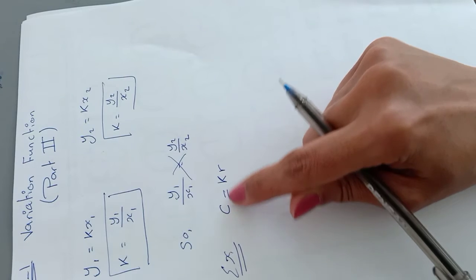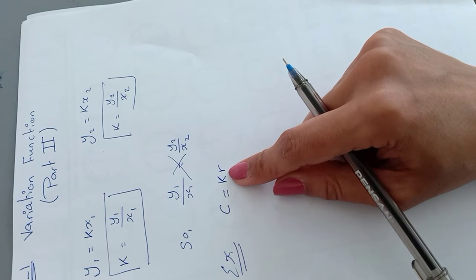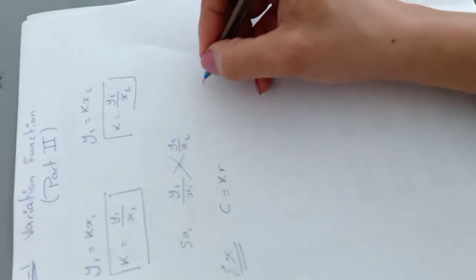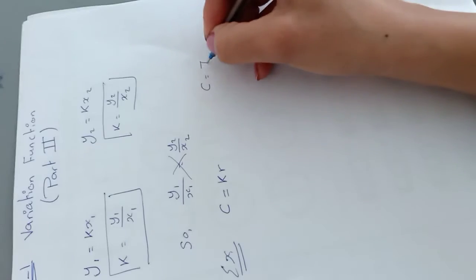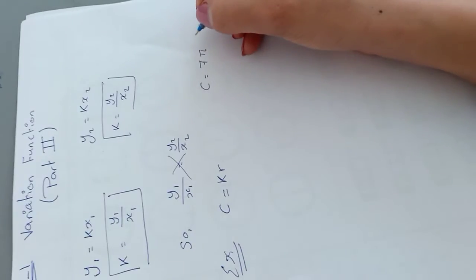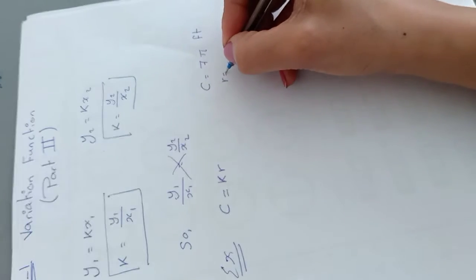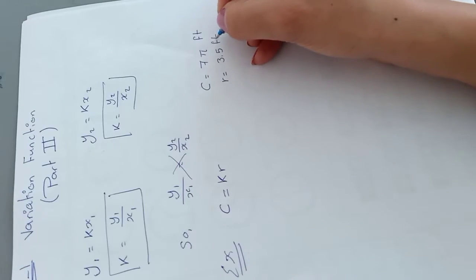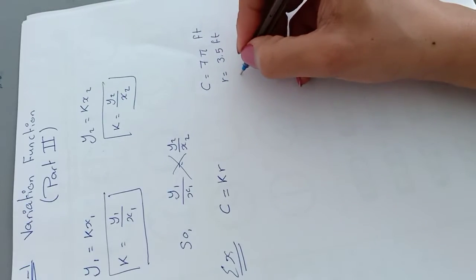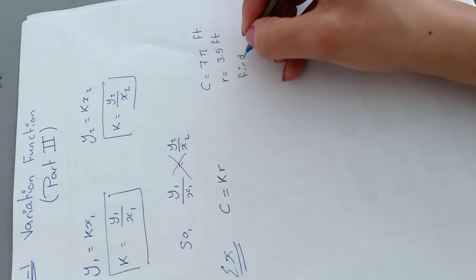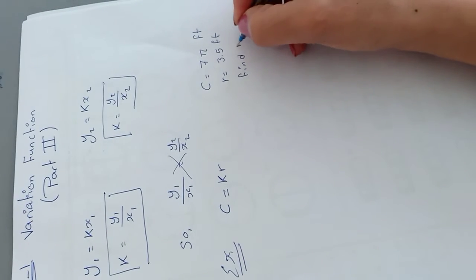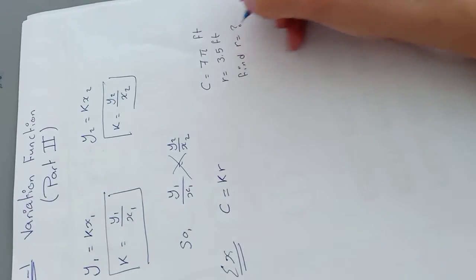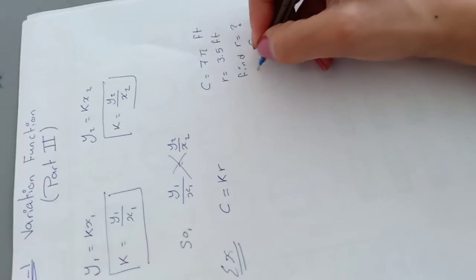Okay, and given that C equals 7 pi feet, when R equals 3.5 feet. Now I want to find R, the radius,